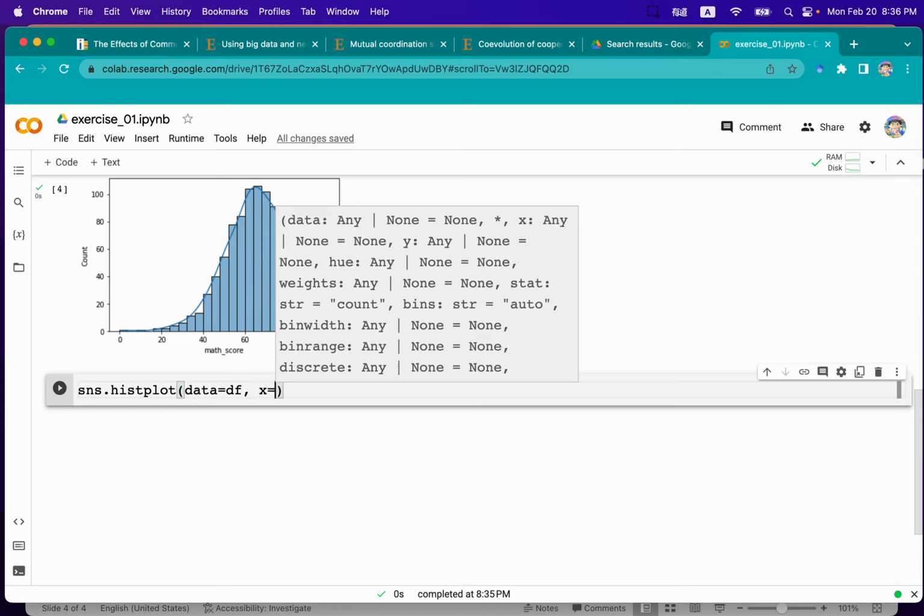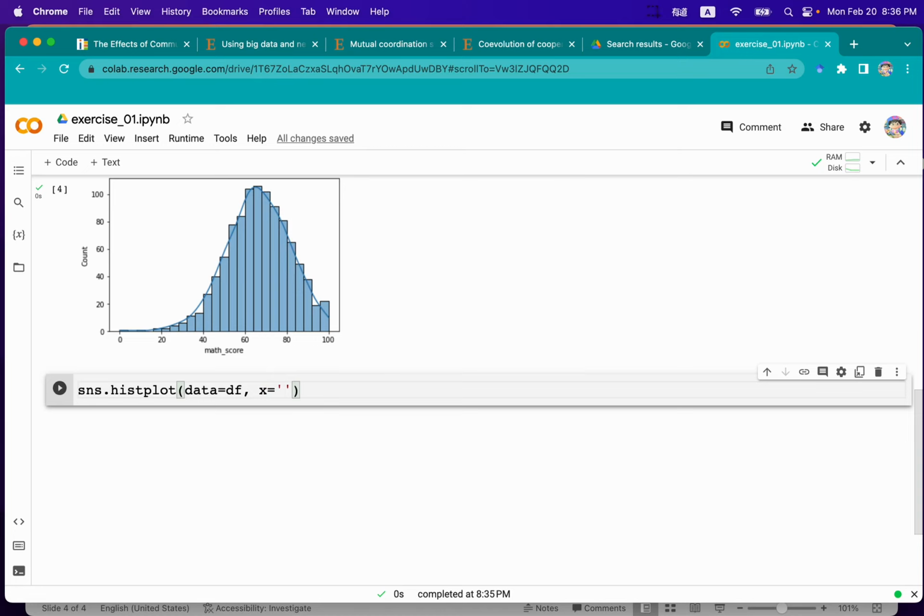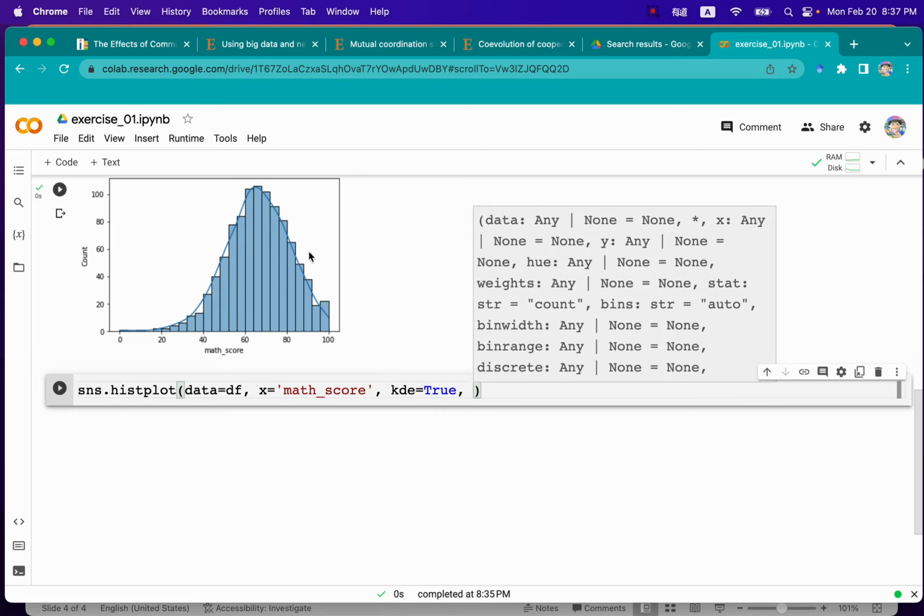And then x-axis equal to math score. So this is the variable that we should set for the x-axis. Okay. Then I would also specify KDE equal to true because I want to take a look at the smoothed curve line for this math score variable. And next, this is